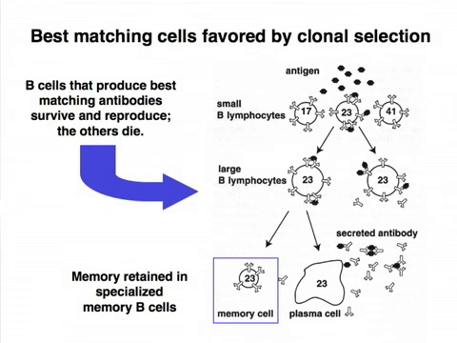Those antibodies, these little things sticking out of the cell here, are then tested against these features of the pathogens that the cells are going to recognize. And those that end up being a good match are the cells that are going to survive and reproduce. So a little bit like what happened in the case of the bird that was picking up the green versus the brown beetles.